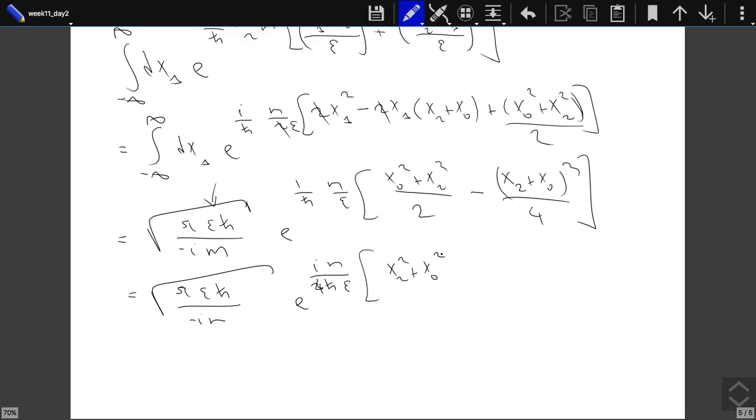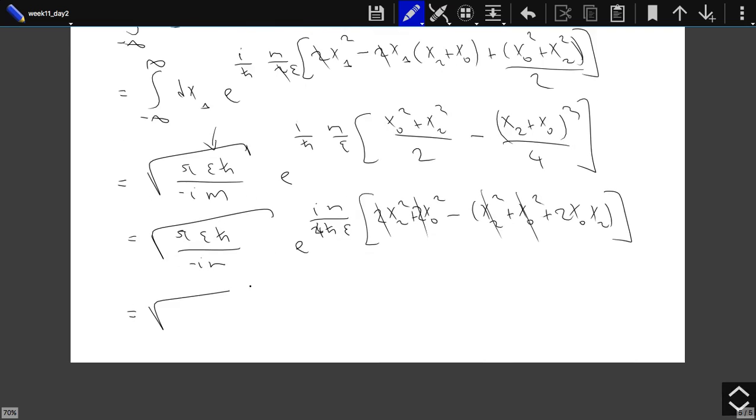No, this is twice x2 squared plus twice x0 squared minus x2 squared plus x0 squared plus twice x0 x2. Now these will cancel, one factors of x0 squared and x2 squared. So we are left with m epsilon h bar over minus i m e to power i m over 4 h bar epsilon x2 minus x0 squared,